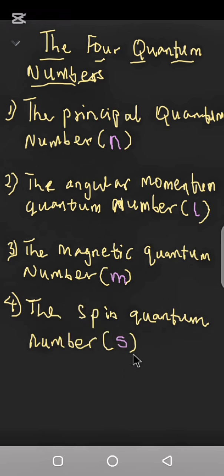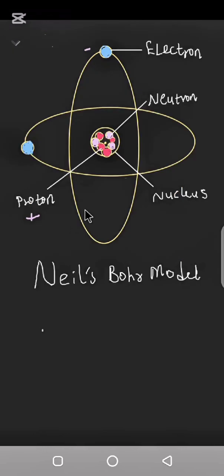Now I'm going to try to explain each of these quantum numbers using an illustration. According to Niels Bohr's model of the atom, we can see here that an atom is made up of the nucleus, the central part, which consists of the proton and the neutron. And then what we have running around this nucleus is the electron. Now, the pattern at which these electrons are revolving around the nucleus of an atom is what gave rise to